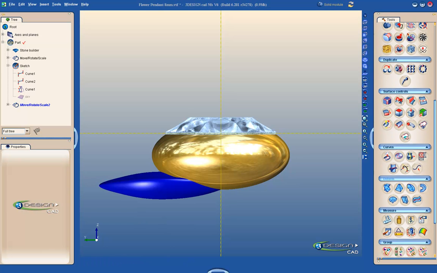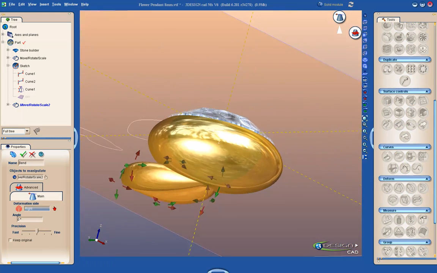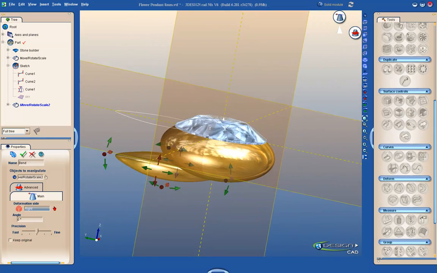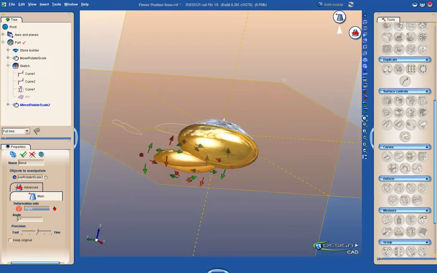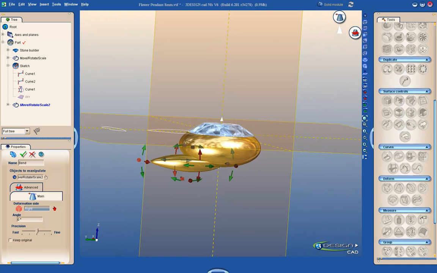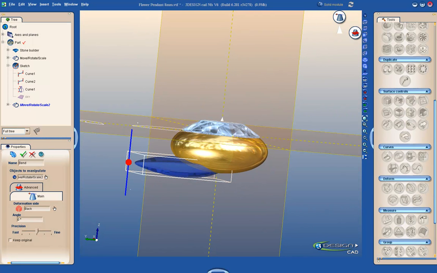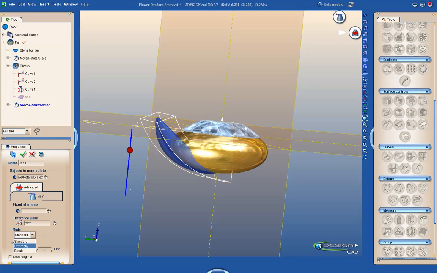Next, I'm going to bend the leaf, and I'm going to use the Deform tool, Bend. Our Deform tools are really special tools because they allow you to do techniques that really mirror what it's like working in metal. So in this case, I'm going to click on this arrow here because that's the direction of the bend that I want, and it gives me this control where I can bend up the leaf or bend down the leaf. So I'm going to bend it up